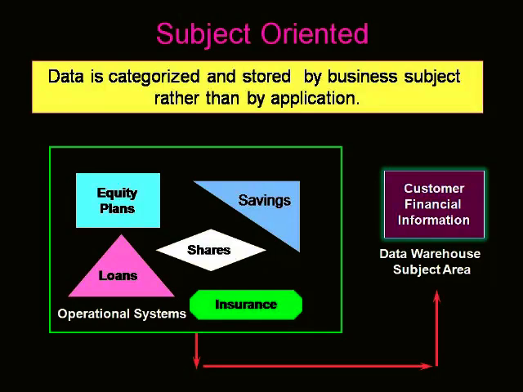I am deriving this in order to answer business questions related to the prospective customers who are financially sound. How do I identify them? I need to get all their commitments and all kinds of data that is scattered across different sources about the customers. I need to combine it, and then store it in one specific subject area. So that's why customer financial information is a specific subject area.